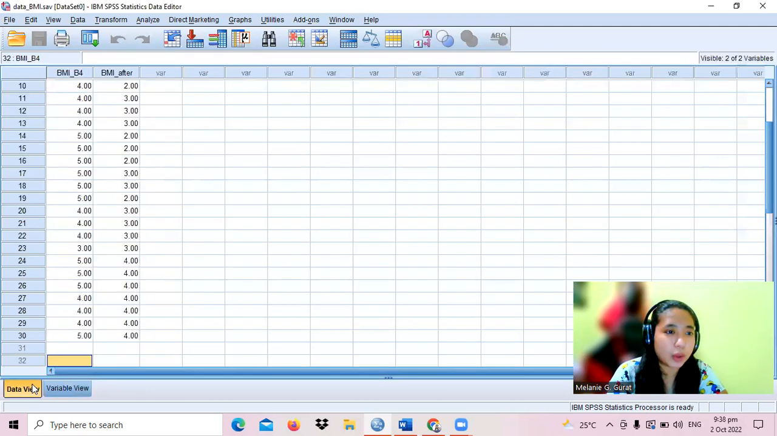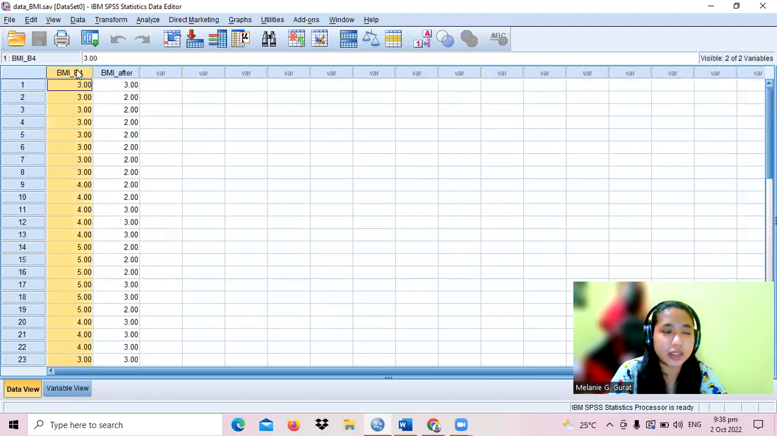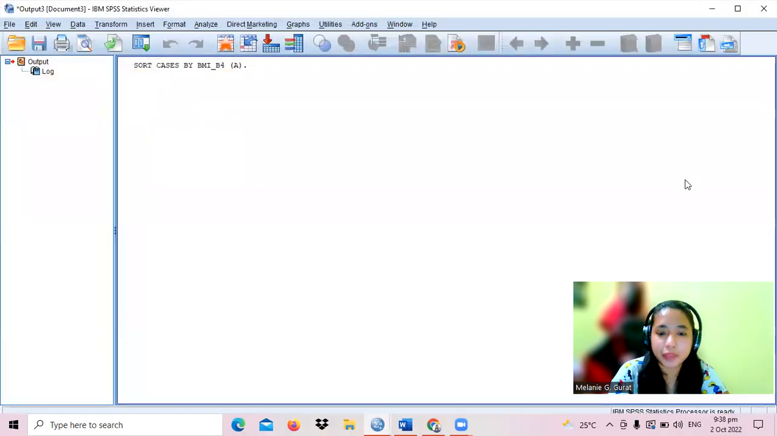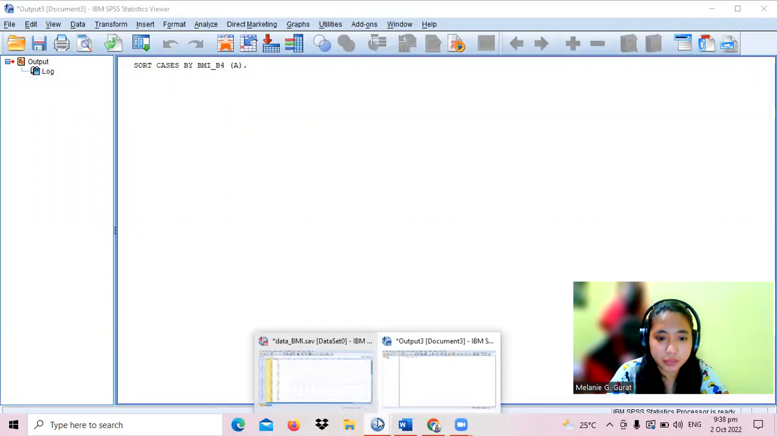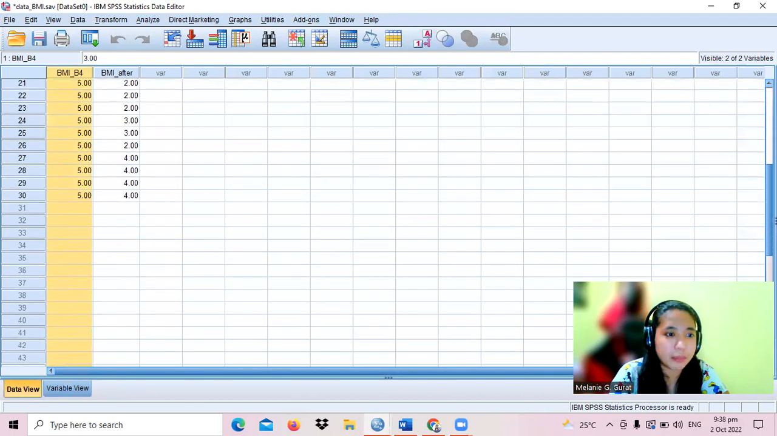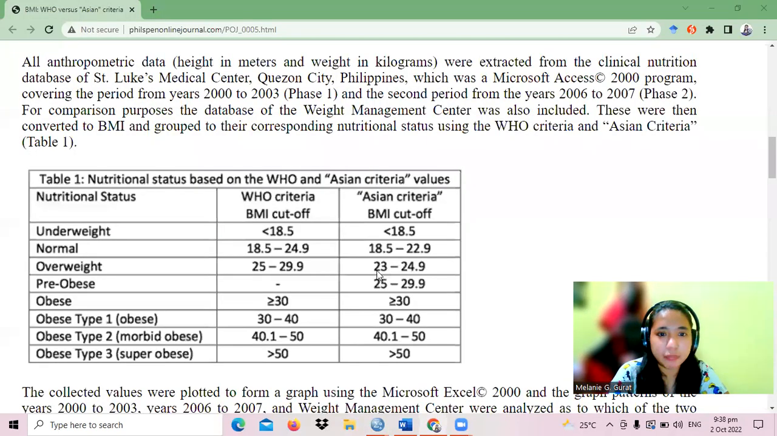If we go back to our data and sort this, right click, sort ascending, just to see the minimum and the maximum number. The minimum number is 3 and the maximum number is 5, which means there is no number that exceeds 5. And just to know the values for 1, 2, 3, 4, 5, we can refer to this article